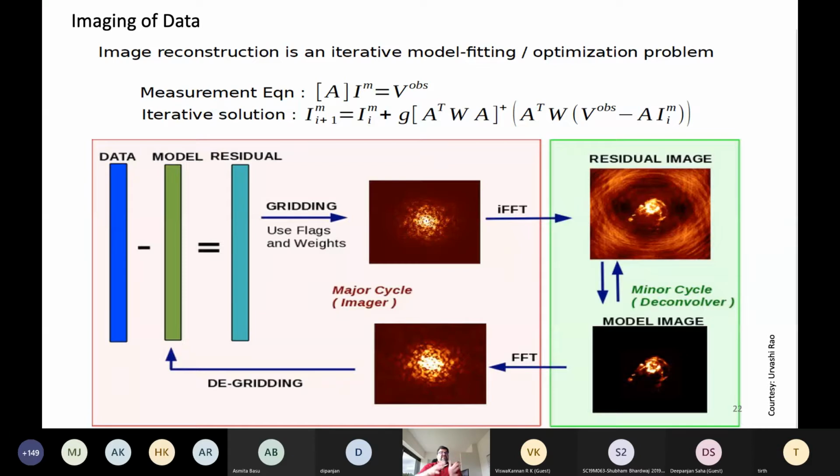So if you observe for a certain amount of time or a certain number of samples, then if it is not systematic dominated, the noise typically goes down as the square root of the number of samples. If you have observed for a finite amount of time, you are definitely restricted to a certain RMS value or residual noise in the data. So once that residual is acceptable to you, you stop this process of deconvolution and say, okay, whatever we have got is finally acceptable, and we move on and look at the data as the final result.